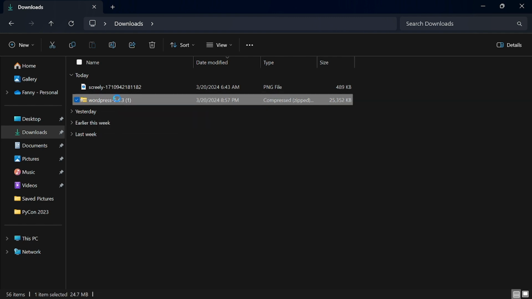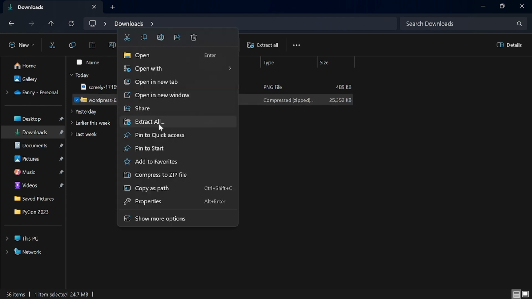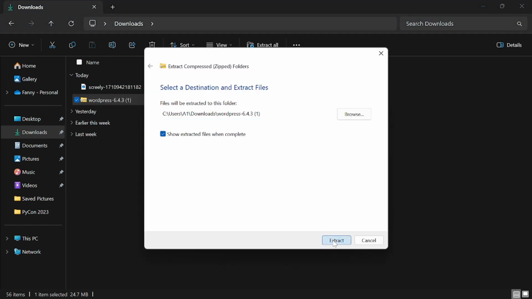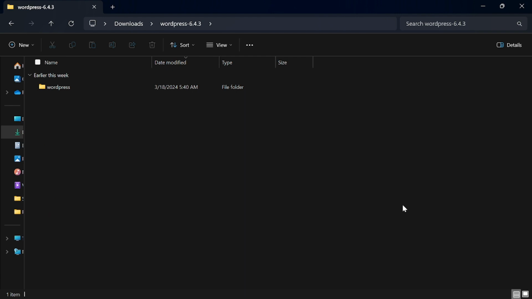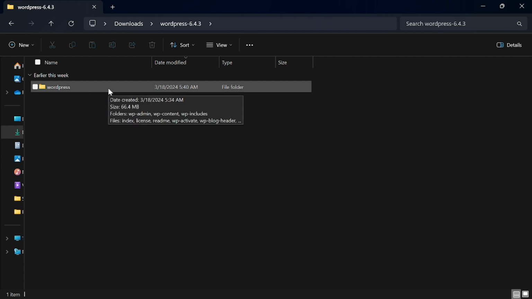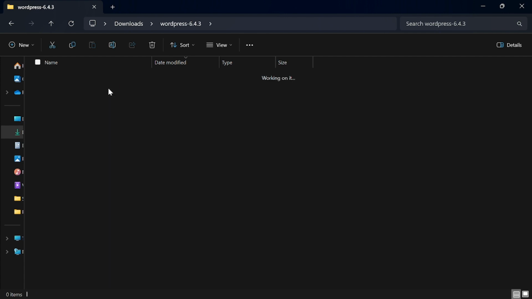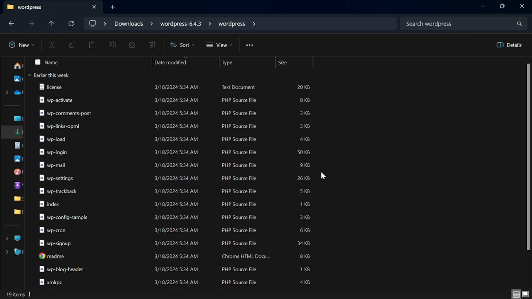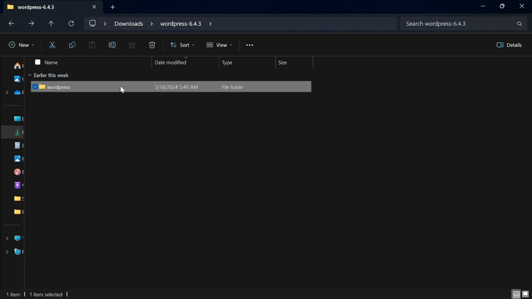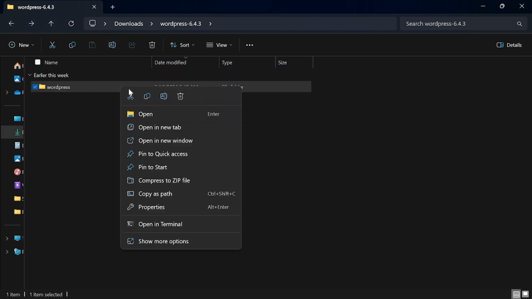So what you're going to do is right click, go to Extract All, and then extract the folder. After it's done extracting, you'll have another folder of WordPress. We are going to open that folder, and then we have this folder called WordPress inside that folder. When you open that folder, you can see there are WP files there. Now we go back, and we are going to copy this folder, right click and